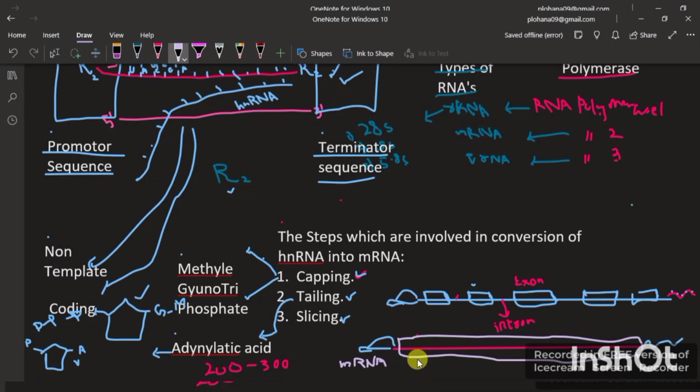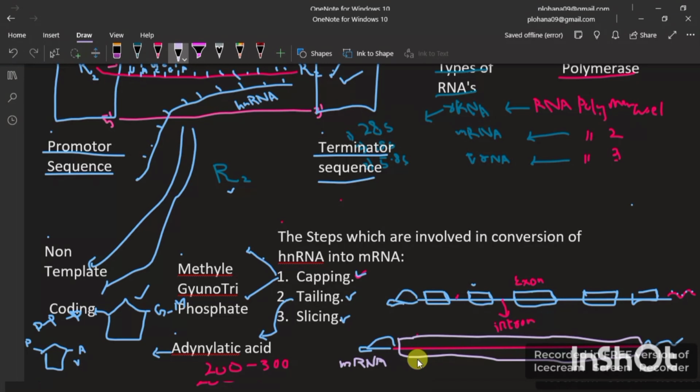What happens in the case of bacteria? Bacteria do not need modification. There only one RNA polymerase works for forming all those three RNAs: rRNA, mRNA and tRNA. These three are formed by only one enzyme, which is RNA polymerase. There are not types of RNA polymerases, but instead there is only one RNA polymerase, and that same RNA polymerase is forming rRNA, mRNA and tRNA. And there we don't need modification because mRNA is directly formed instead of hnRNA.